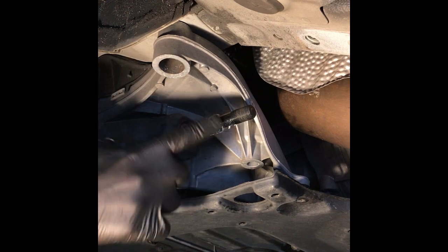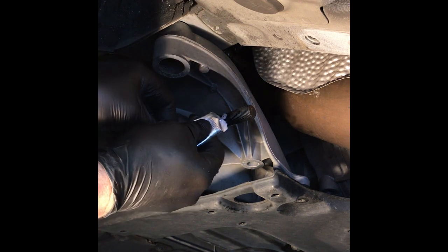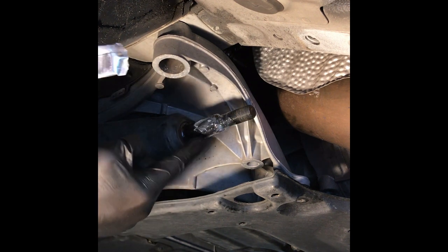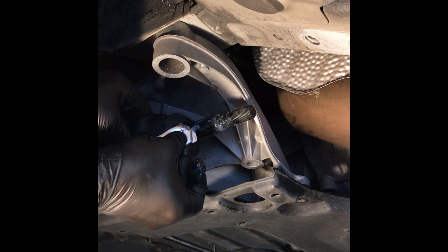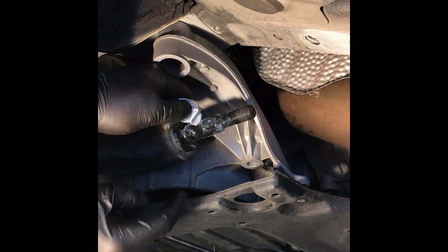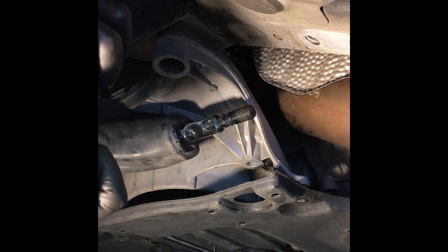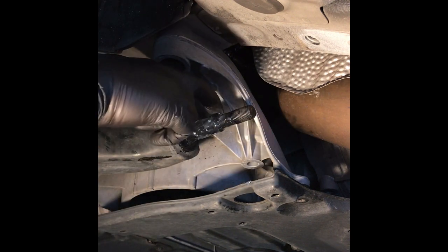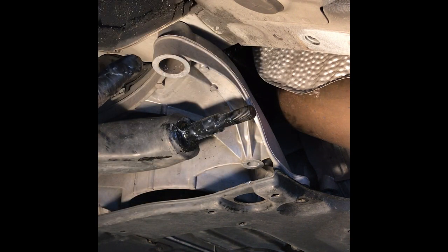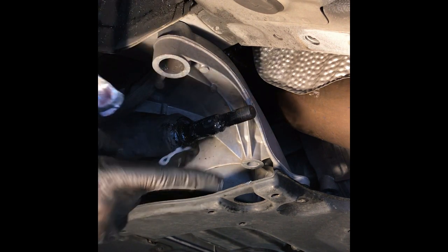It's definitely basically like bearing grease, which it's a bearing, so that would make sense. And I go from the threads back, but I make sure I get it on everything. Biggest thing here is make sure you get all sides of the spindle covered in grease. And we're just about there. I'm probably overdoing it,